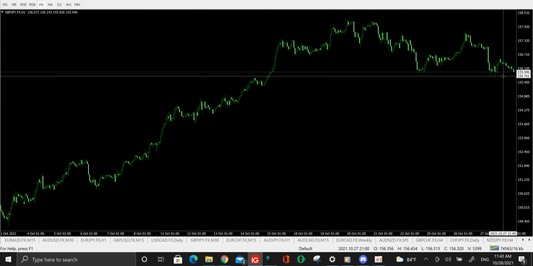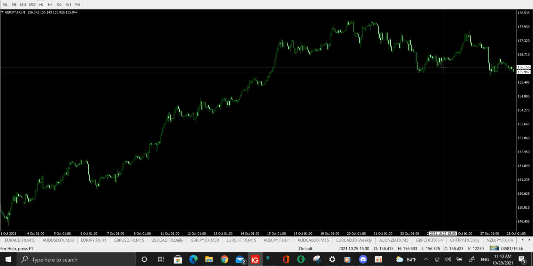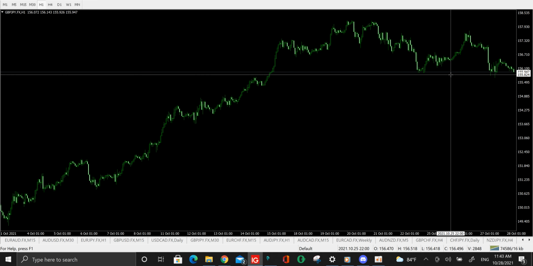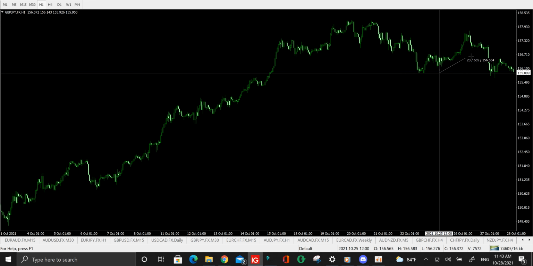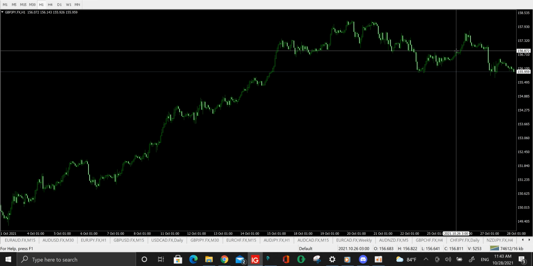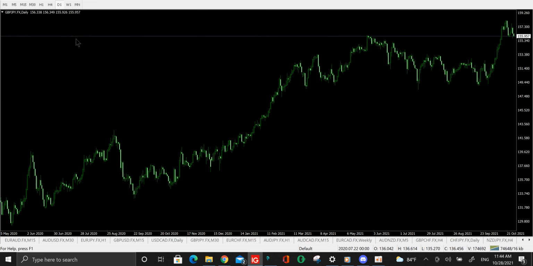I'm still in a bullish bias, but I do believe this is a great time for us to start looking for some buys. It's always the best time to look for buys when people's stops get hit, especially when it's longer term stops, because there's a lot more space in the market for the minority to actually eat. So right now, I want to mark up some resistance and support areas, and we will go from there.